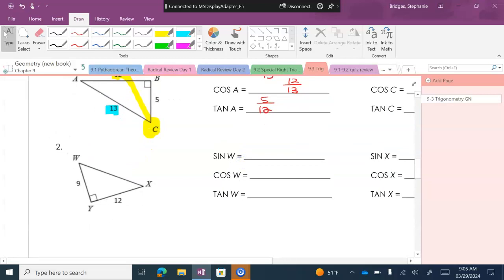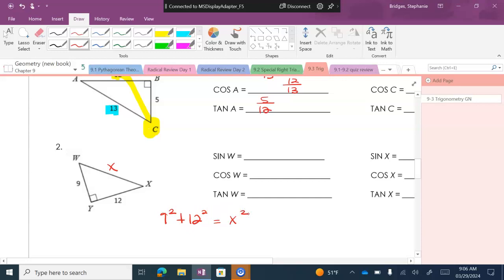Do we have all of the side lengths labeled in that triangle? No. So before I can write a ratio, I need to actually find that missing side. What was it that we did on the quiz yesterday when I had two sides and needed a third side? We didn't do a 45-45-90 or a 30-60-90 because we don't know what the angles are. But we're going to call that x, and we're going to do the Pythagorean theorem, right? Which one of those is the hypotenuse? The x. So we're going to go 9 squared plus 12 squared equals x squared, and I'll do